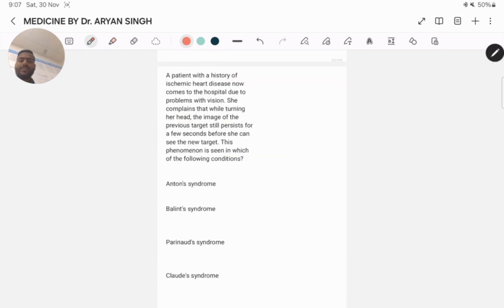Next question: a patient with a history of ischemic heart disease now comes to the hospital due to a problem with vision. She complains that while turning her head, the image of the previous target still persists for a few seconds before she can see the new target. This phenomenon is seen in which of the following conditions? Anton syndrome, Balint syndrome, Benedikt syndrome, or Claude syndrome. This is the Balint syndrome. The persistence of visual image even after shifting gaze is called